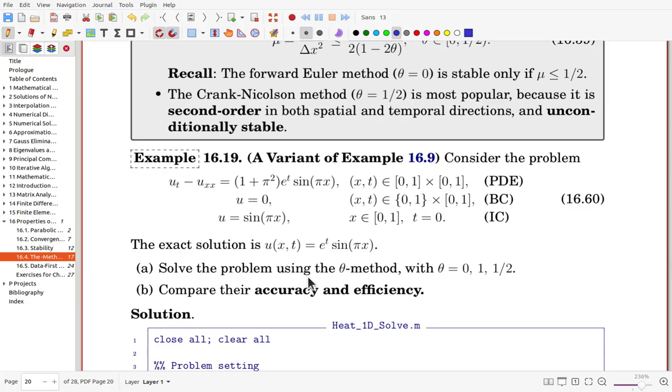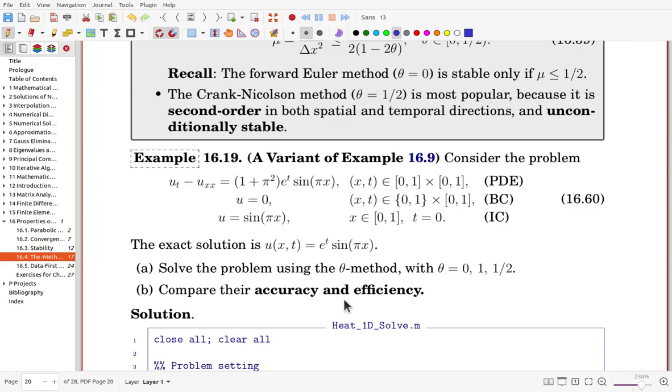It's slowly changing eventually. In the earlier example, the solution is decreasing along with e to the minus pi squared t. So it's rapidly decreasing, so that the numerical error is quite observable. But for this problem, the error is relatively small. We want to solve the problem using the theta method with theta 0, 1, 1/2, and we try to compare their